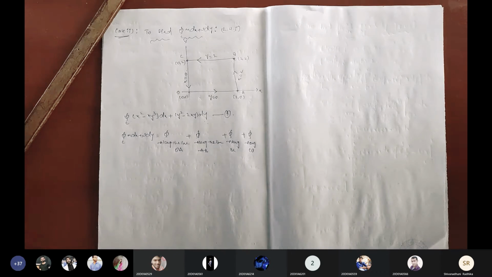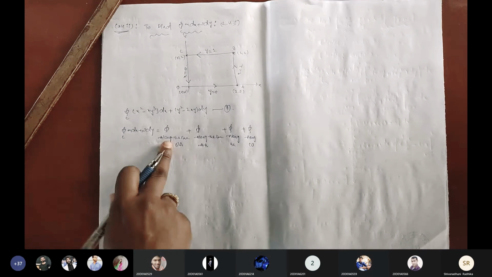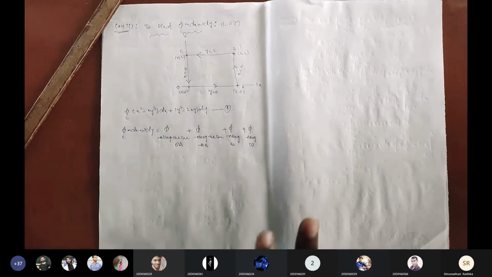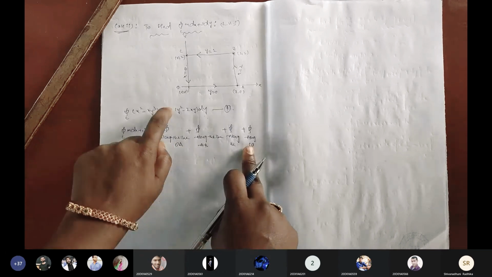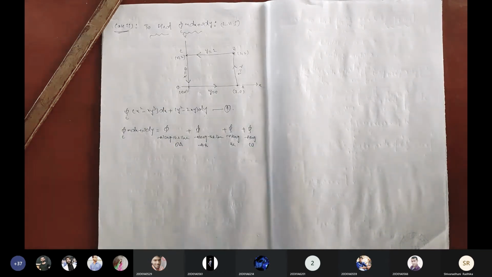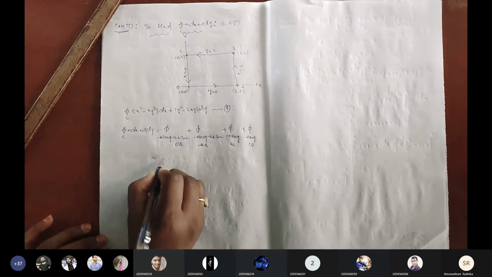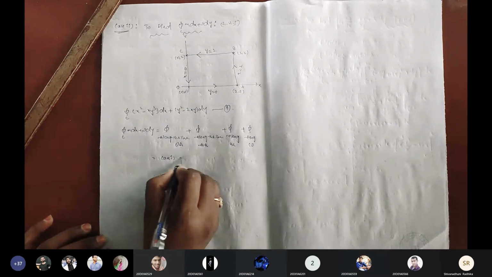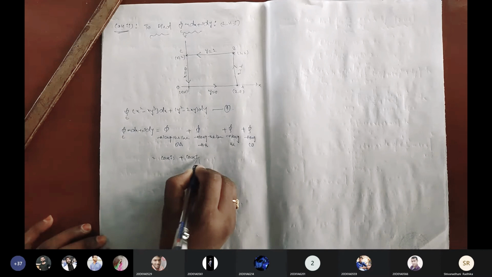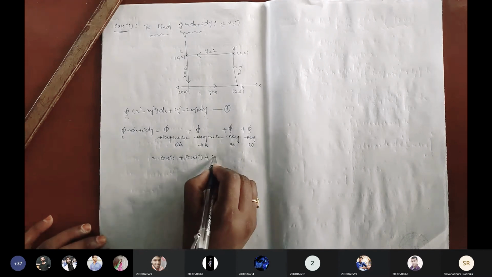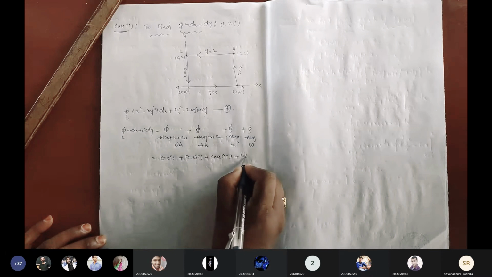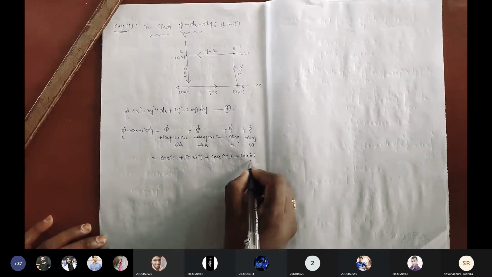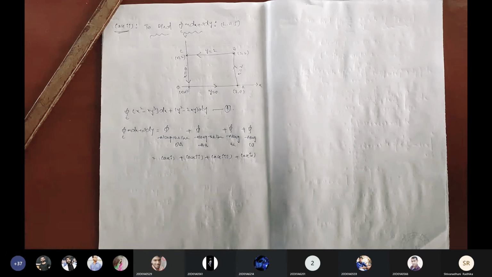Any doubts? Now, first of all, we are going to find this one, this one, this one, this one, 4 separately. We are going to find the sum of all 4 answers. We should get the answer, that is equation number 1. Now this is case 1 and case 2. What is case 2 here? Line AB. What is case 3 here? Line BC. And the last case here, CO.